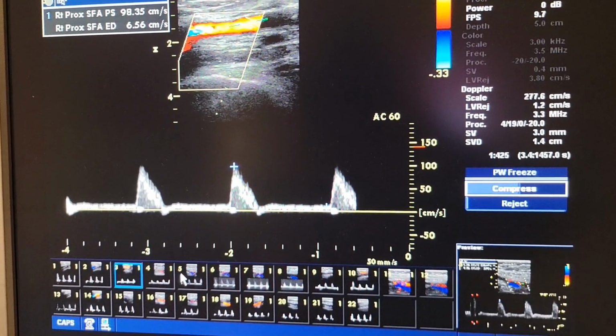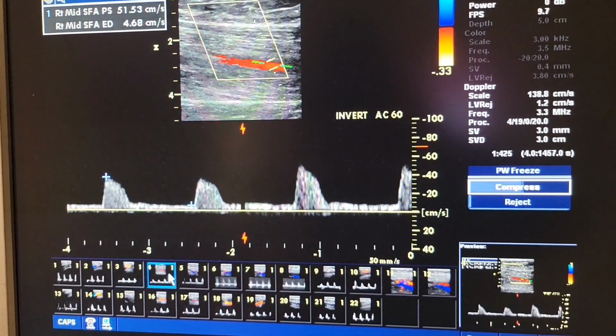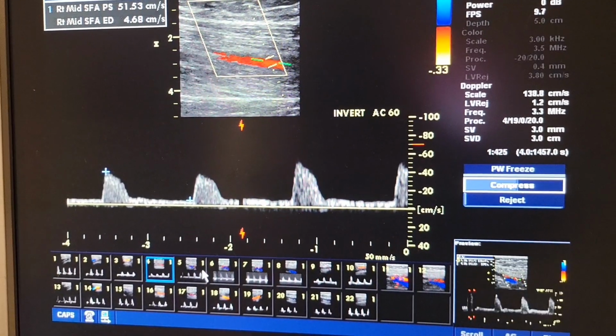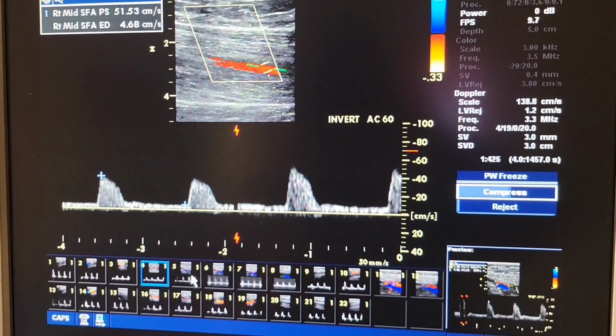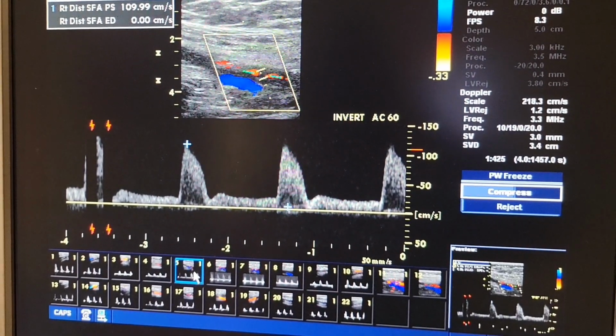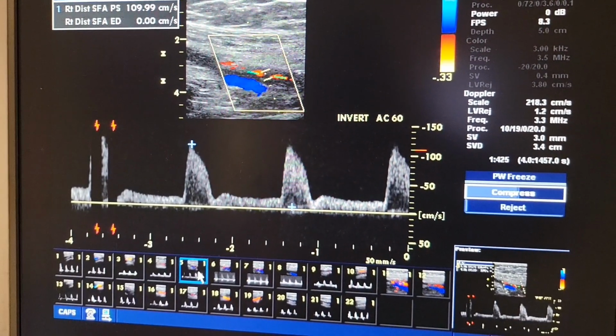SFA, you're losing a little bit of that phasicity, but still triphasic. As you go further down to the mid SFA, you can see waveform is definitely biphasic, so I need to be expecting something downstream. As I go further down again, I can give it a nice solid biphasic